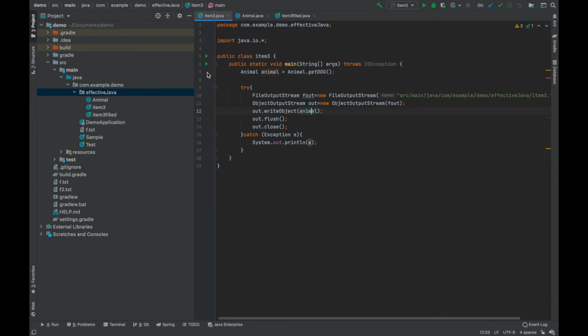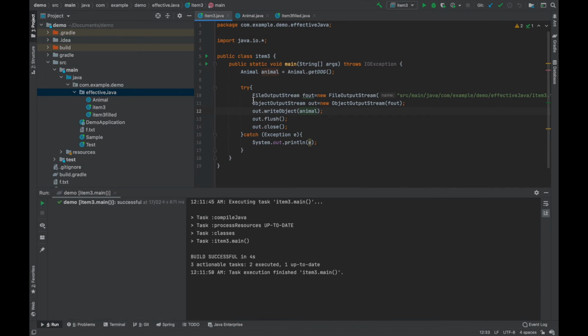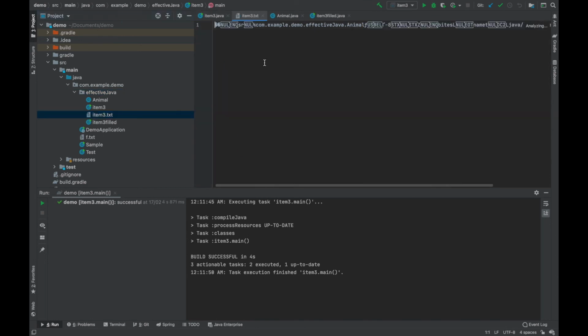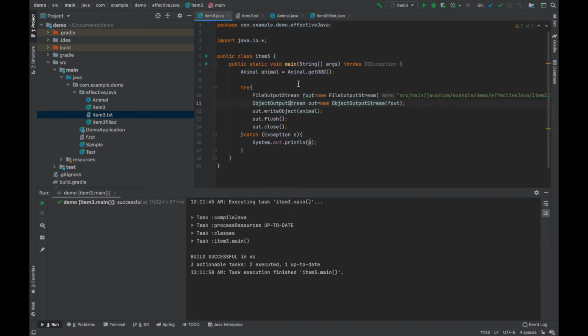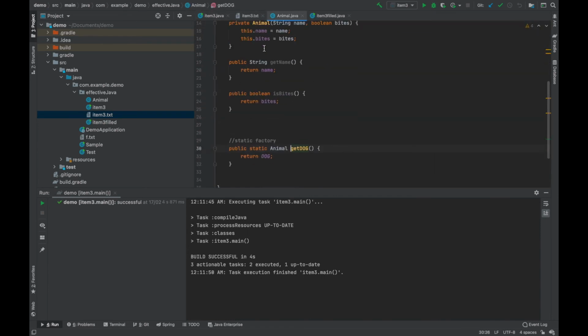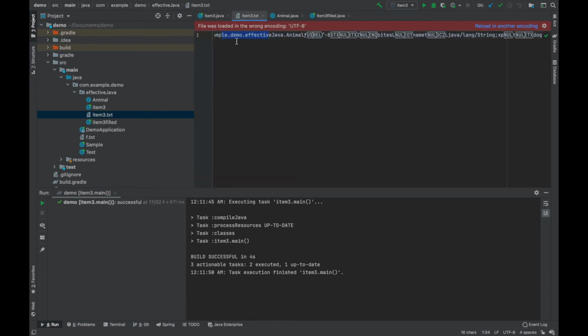Now if I run this, currently I'm in this directory, so item3.txt is here, right? If I open this, this is the byte stream of this particular instance whose name variable's value is dog and bytes variable value is false. So that is the byte stream for that.